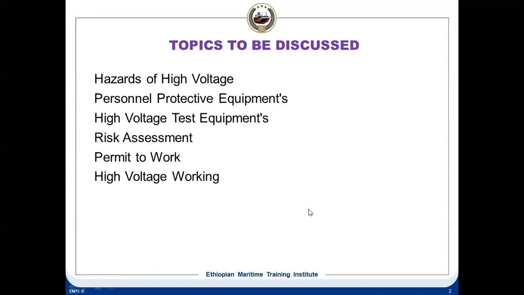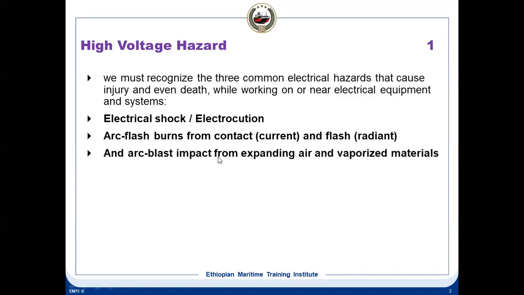What are the factors to be considered, why we need a risk assessment, and then we'll see the permit to work, what is the format of this permit to work, what are the parameters to be entered in this, and then we'll see a full high voltage working. That is, today I have decided on one generator winding inspection. On a high voltage generator, how you carry out a winding inspection from the beginning step onwards. What are the steps to be taken till you finish the job? Okay, so that is for today. Let's see this. What are the hazards?